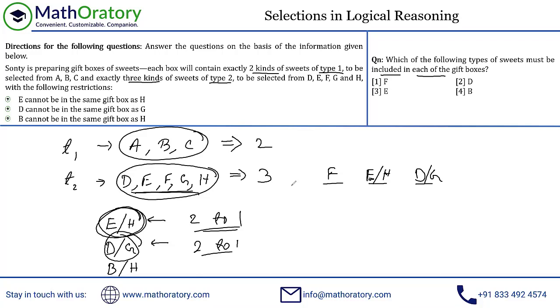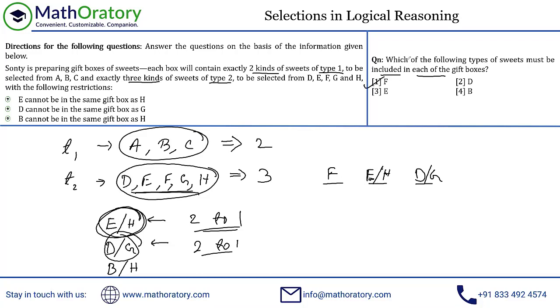See, nothing from type 1 is a must kind of thing. Yes, if H is selected, then B cannot be selected. In that case, A and C must be the ones which you pick up. But that is not a compulsory thing, right? We could have selected E also. If we select E, by the way, we can select anything. It's not mandatory that I have to select B. I could select AB, I could select AC, I could select BC as well, right? So anything could be selected when I select E. So from the first type, there is no compulsory thing. But then type 2, we already know that F has to be selected.